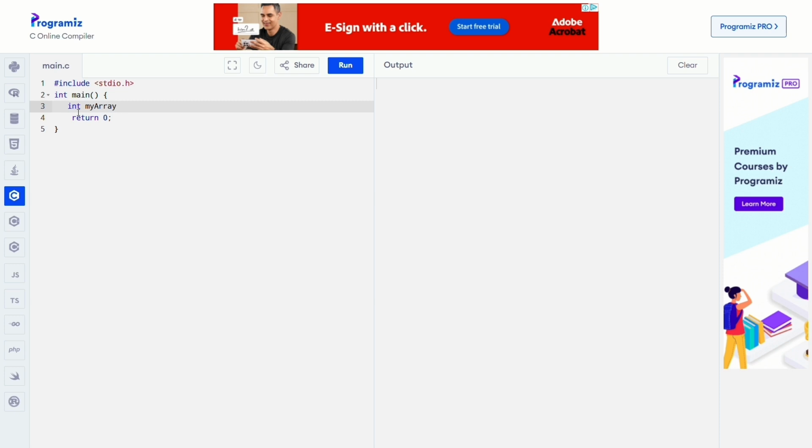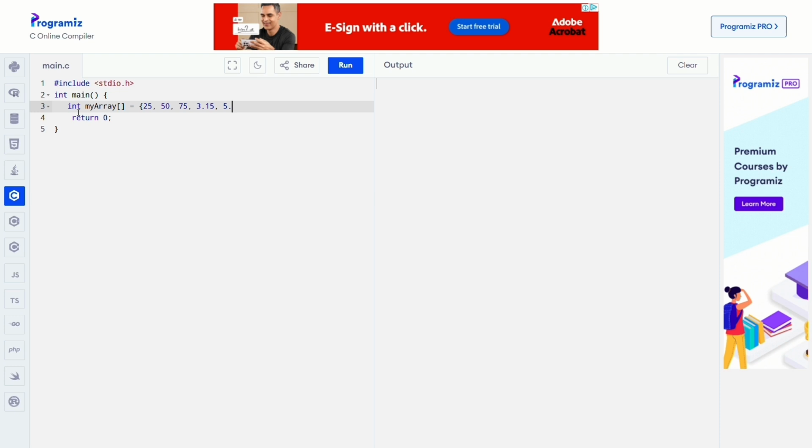As in the example I'm showing here, int myArray[] = {25, 50, 75, 3.15, 5.99};